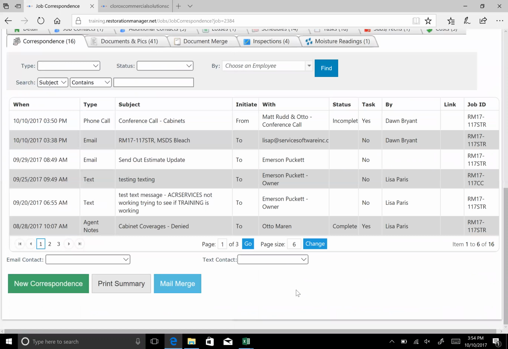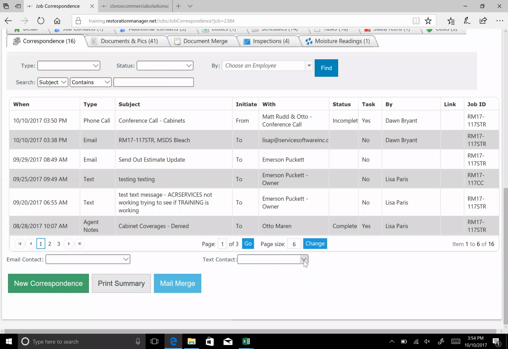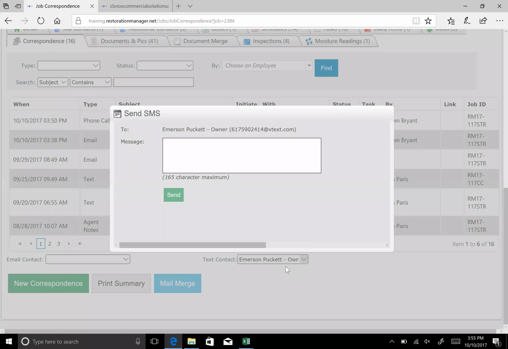Okay. We also have the capability of texting contacts. If you happen to have the text address for your contact, and this is your direct contacts that are underneath this particular tab here, your job contacts. If you happen to have that text message, you can simply tap on who you want to text. It'll bring up another pop-up window, and you put in here that this is a text message for whatever you're saying. Maybe crew is on its way,